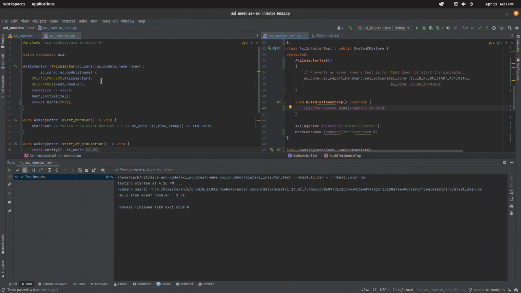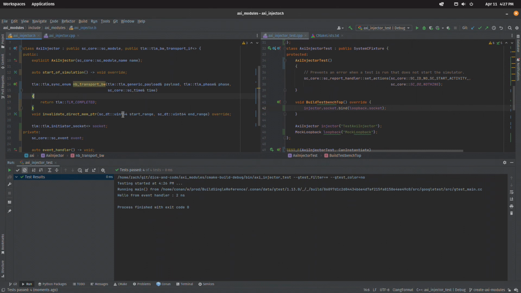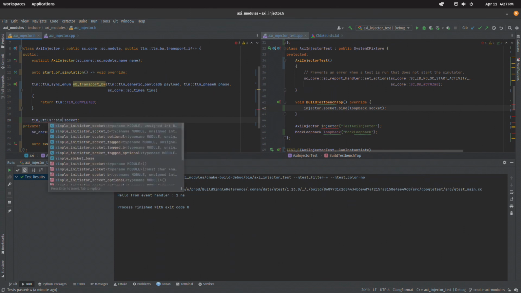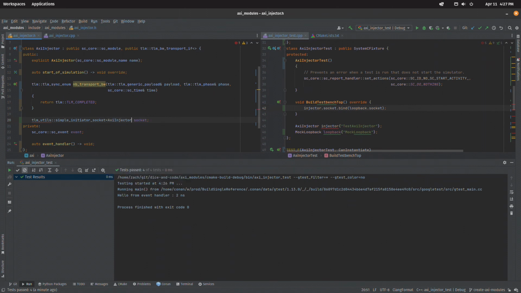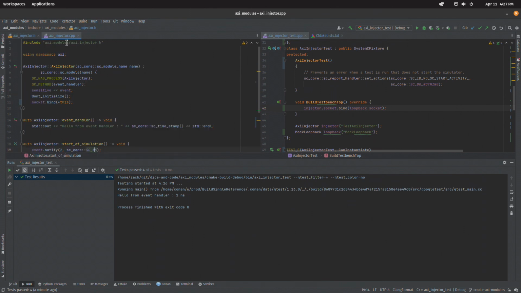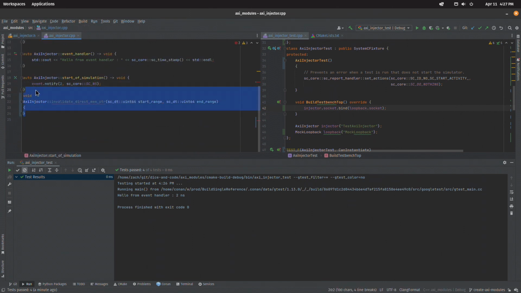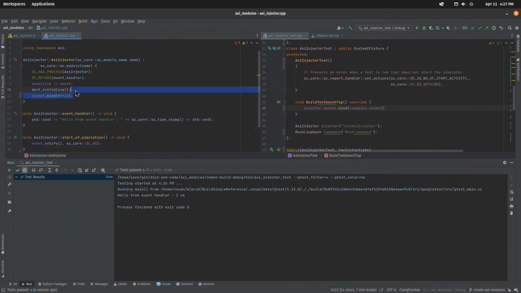So now let's change this to be the simple socket. So let's get rid of this type, TLM utils simple initiator socket, and AXI injector. And we can get rid of this inheritance. And we're going to keep the NB transport backward function because we're going to use it. We do need to get rid of the invalidate direct memory pointer and the socket.bind, and I believe we should